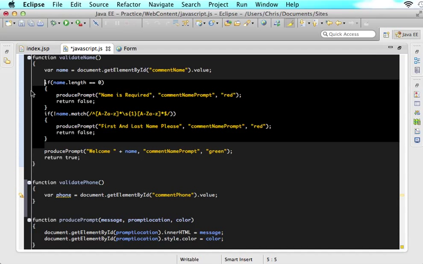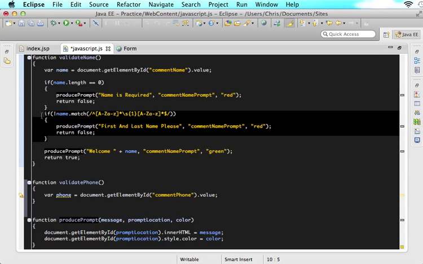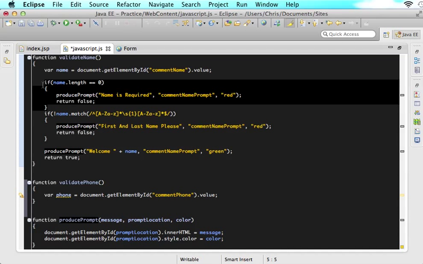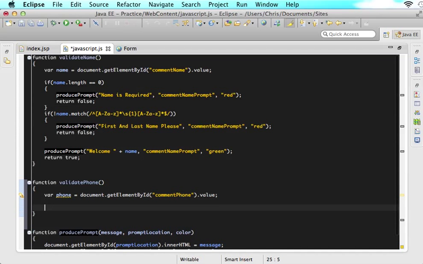And we are going to first check if the phone number is 0, like it has no value in there, and then we'll tell them phone numbers are required. And then we will have a special regex function that will check if the phone number only has numbers in it. So let's do the first one that's going to look very similar to this. We're going to check that there is a value in there. So just say if phone dot length equals 0,